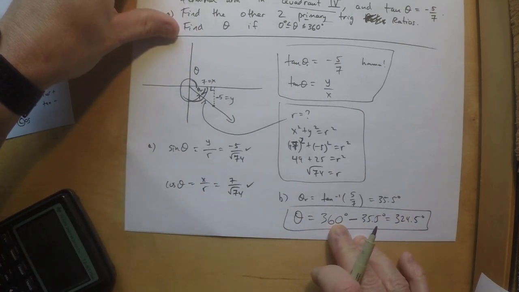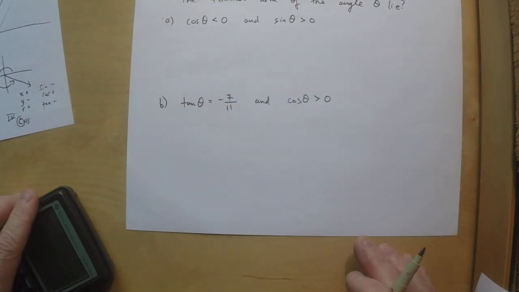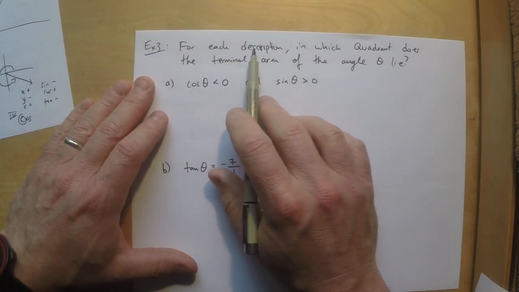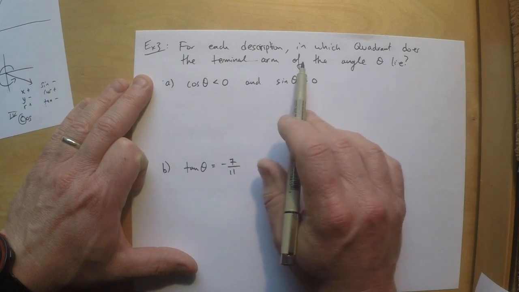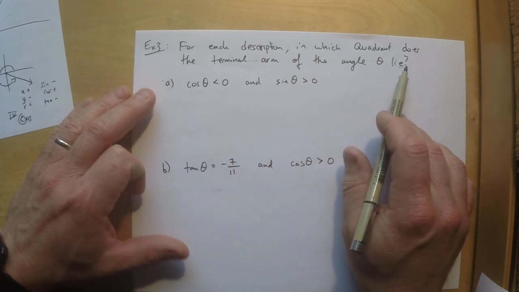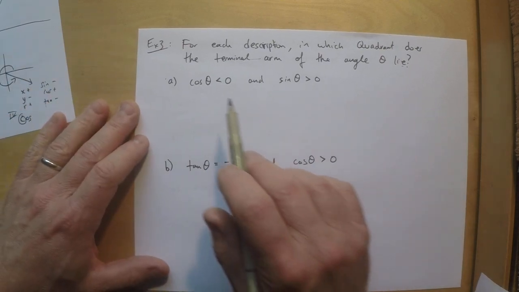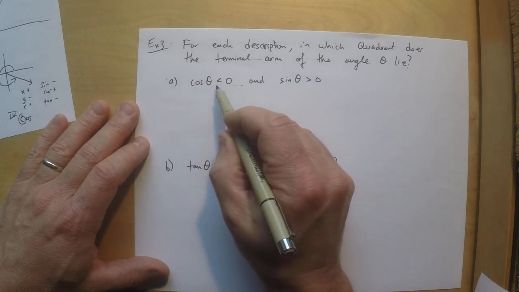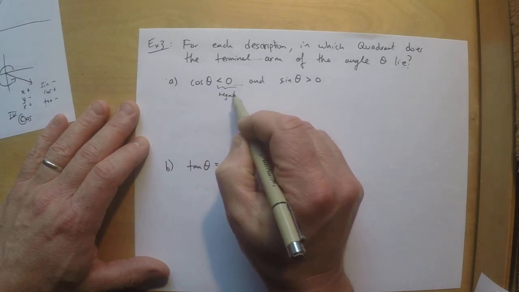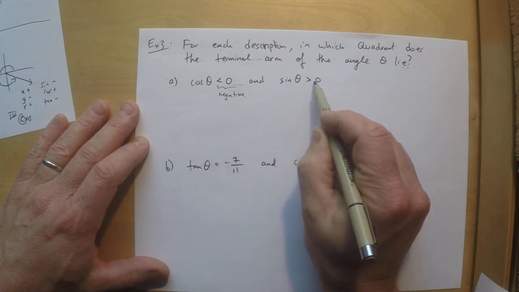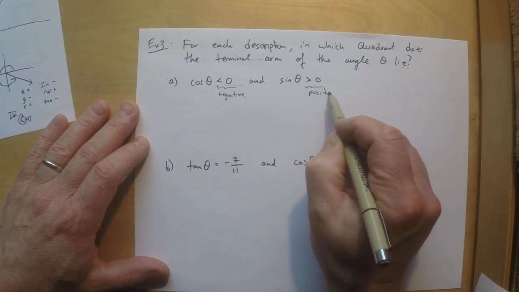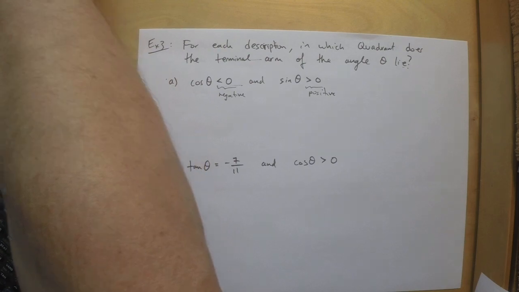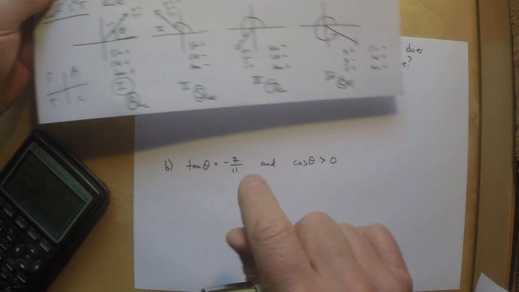All right, that's example 2. Example number 3. Weird question, but to be honest, this is a quick one. You just don't realize it yet. For each description, in which quadrant does the terminal arm of the angle theta lie? So in other words, is it quadrant 1, 2, 3, or 4? And then they give you this weird information. It's like, what does that even mean? Cosine theta is less than 0. Well, something less than 0 means negative. Sine theta is greater than 0. That means positive. And when they're asking you where things lie and positive and negative ratios, they're talking about the